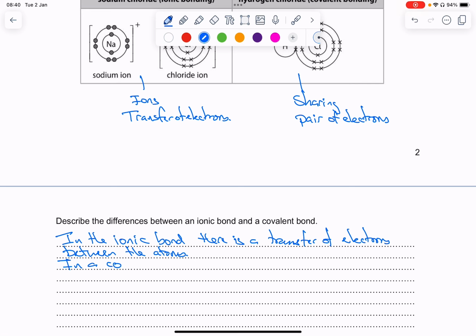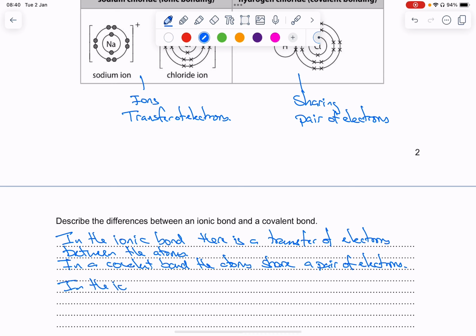In a covalent bond, the atoms share a pair of electrons. And I would also add